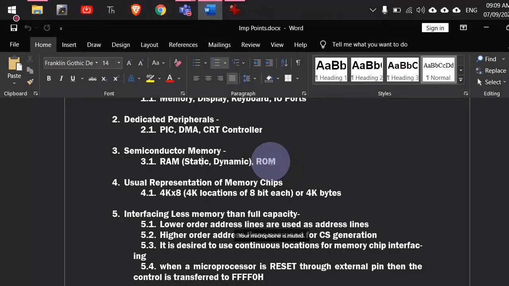So there are various types of ROMs. Any ROM would do our work, but we will be talking mainly about EPROM, right? Now, the next point is usually